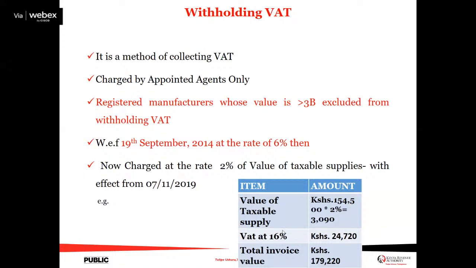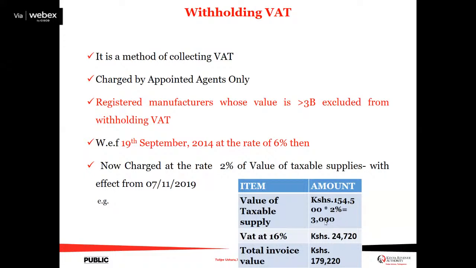But what happens when I want to go and file my return? When I file my return, I will give my exclusive amount of 154,000 as my selling price, and then 24,000 as the VAT that I've charged. And then the system will calculate the 179. But once the system has already calculated for me the 24,720 to pay as VAT,